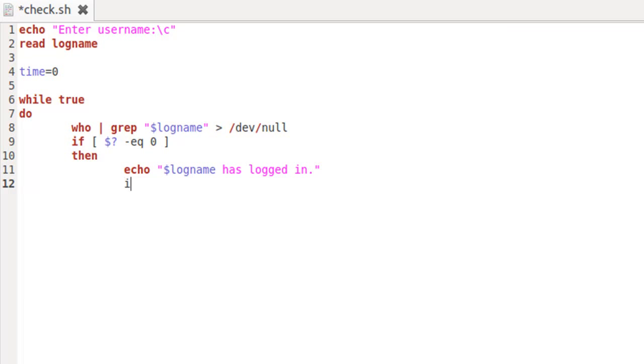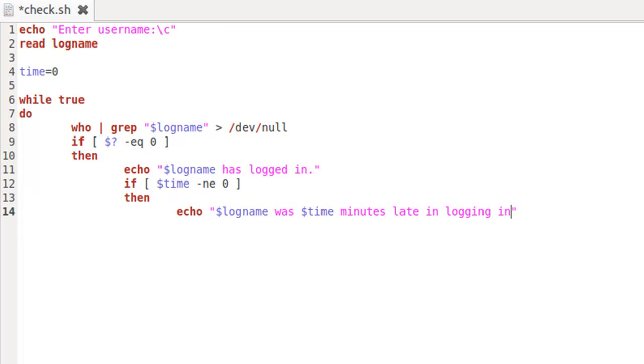So I'm going to check for the value of time by typing in another if statement, and the test condition for this one is going to be if $time is not equal to 0, then we'll display a message using echo that $logname was $time minutes late in logging in. All right, and